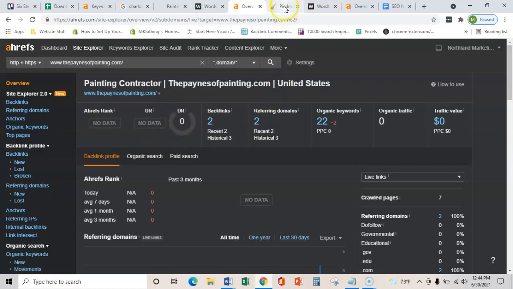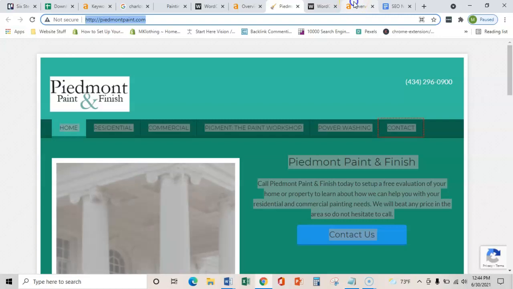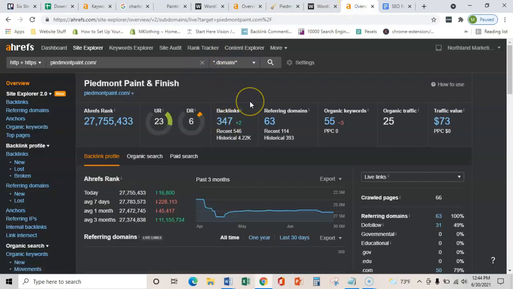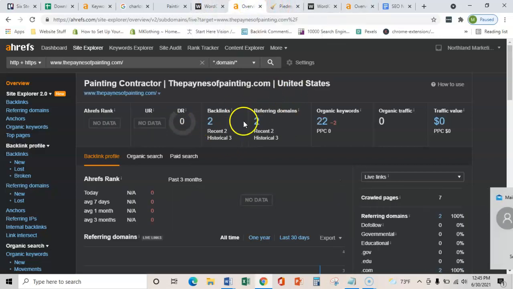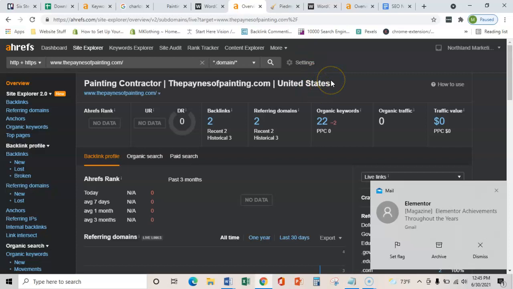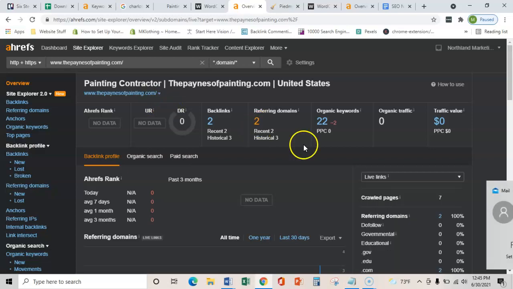Okay. As we can see, if we take Piedmont as well and throw them in there, they have over 340 backlinks going to their webpage. But as you can see, theirs are pretty spammy because there's 63 websites throwing 347 links. And that's why their trust rating here is pretty low. So it would be relatively easy for you to get some really good links coming in, and then you'd be able to overpower them even with fewer links as long as they're quality. Okay. The third and final thing that I'm going to show you is actually a type of backlink,